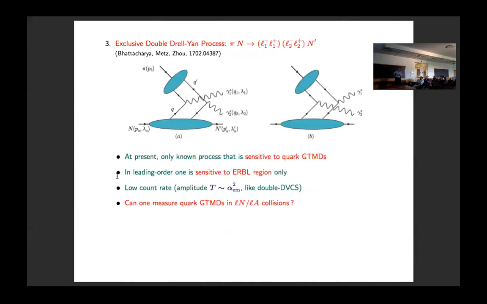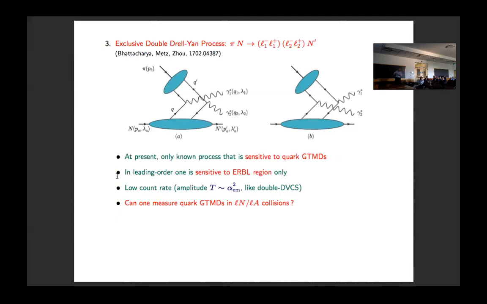And now we look at two dilepton pairs and the final state nucleon. At leading order, you have two graphs here, and you have twice an annihilation of a quark-antiquark into a time-like virtual photon, which then decays into a dilepton pair. Again, you can readily show that you're sensitive, in principle, particularly to the transverse parton momenta.